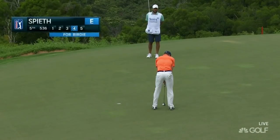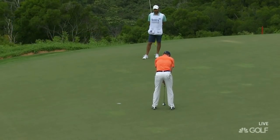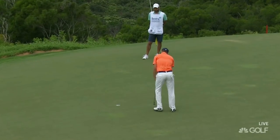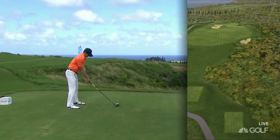Spieth has this for eagle, dripping it down the hill. Pretty good speed. His birdie at 5. Yeah, trying to clean up a real quality 2-putt there. That first putt was some 70 feet and moving left to right and fast. So this would be good work if he can get this done. Yeah, looking at the hole. Last second, he tilted his head towards the...